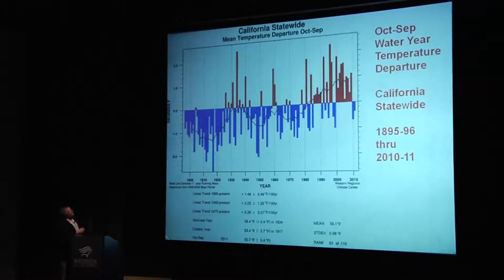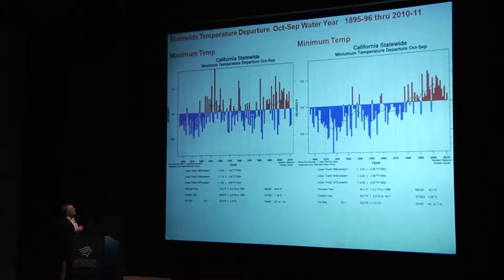So, this is a statewide temperature, and this is the history of California's temperature. I'm kind of going at this backwards. I often start out with the climate change stuff first and then go into the observation. I'm starting with the observations now. And there's been a general warming of the state, and a lot of this has taken place in the last few years here. And again, if we divide this into max and min, this is something we see quite a